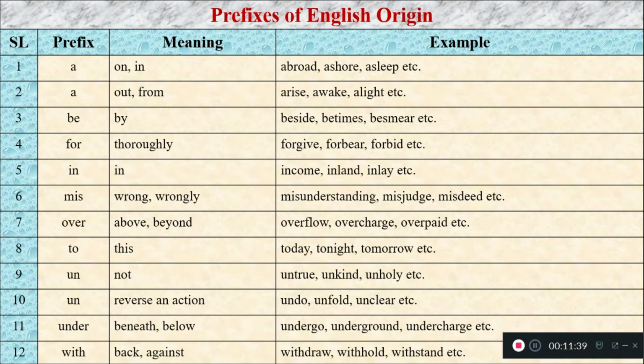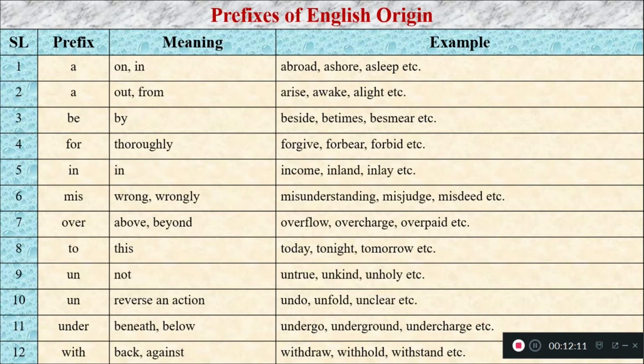The prefix to means these. For example, today means these or present day. Tonight means this night or present night. Tomorrow means the day after today or after this day. The prefix "un" is used to indicate not, such as untrue means not true, unkind means not kind, unholy means not holy. "Un" also means the reverse or opposite of an action, such as